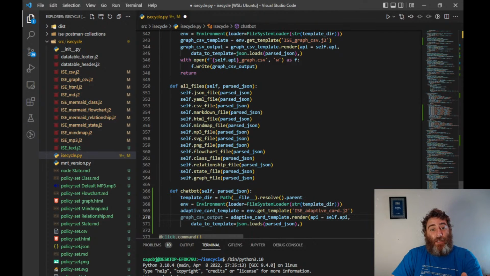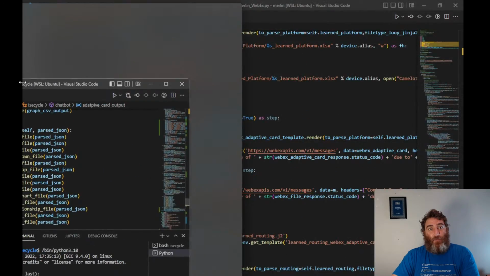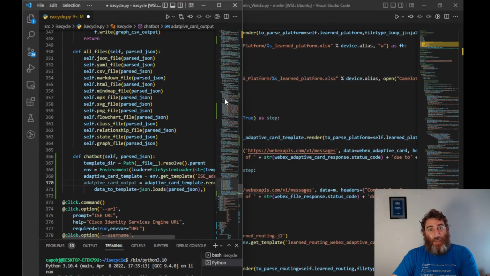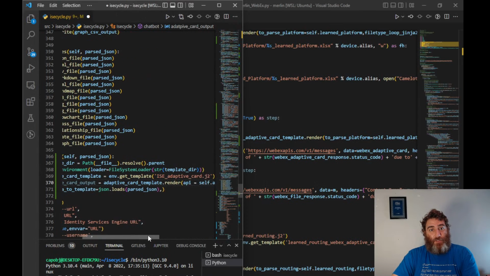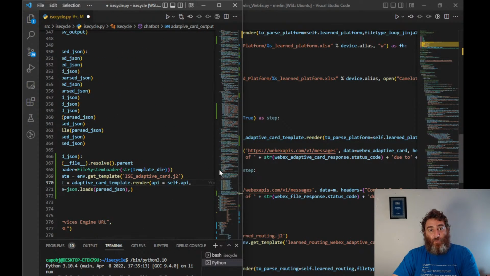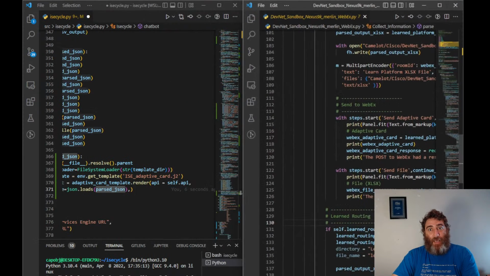We're not quite done here. So we're going to call this the adaptive card output, and we're not quite done with that bit of templating. So what do we need to send into the room? Well, we definitely need the API, and we definitely need the JSON, but we're going to send a bit more code into that room